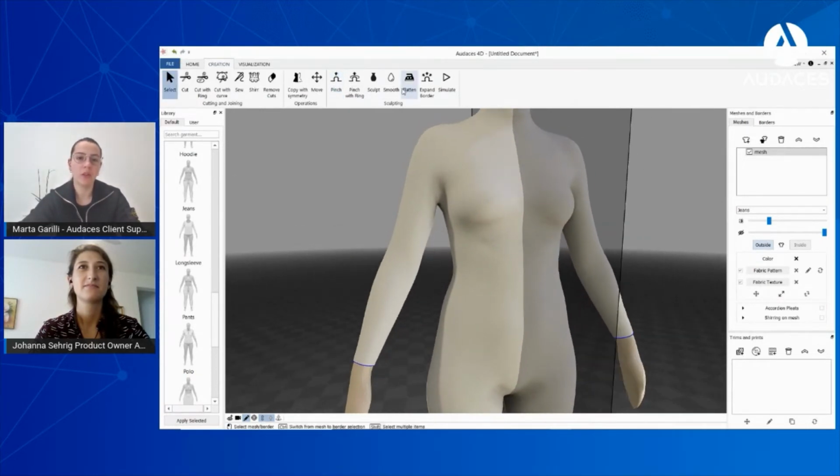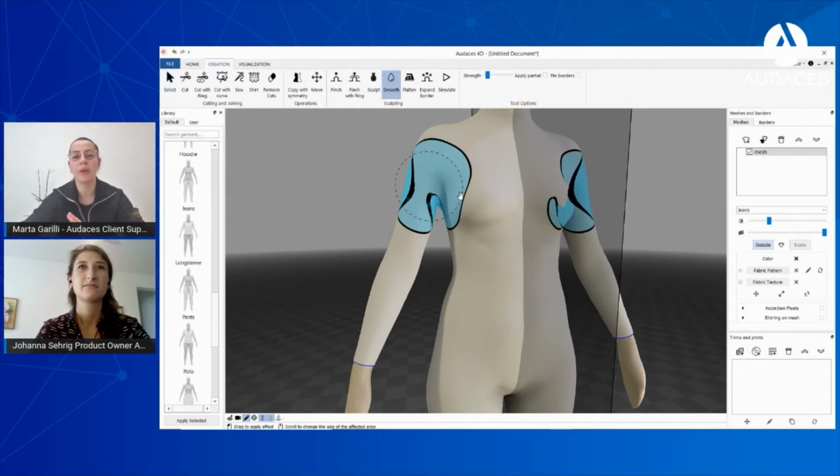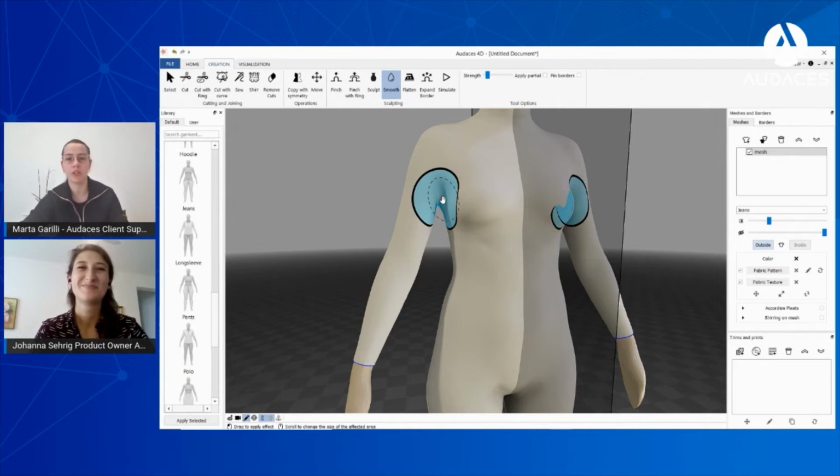After this, I will use the smooth tool. The smooth tool will become more or less your best friend because it helps you in a lot of situations, because it's the one that cancels a lot of the imperfections that you can make during the work. So maybe you create a little angle when you create a line, you can smooth the angle with the smooth